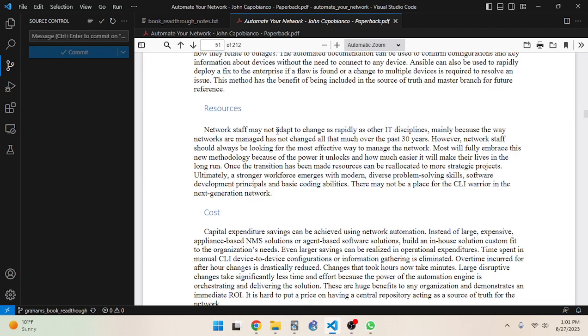Once the transition has been made, resources can be reallocated to more strategic projects. Ultimately, a stronger workforce emerges with modern, diverse problem-solving skills, software deployment principles, and basic coding abilities. There may not be a place for the CLI warrior in the next generation network.